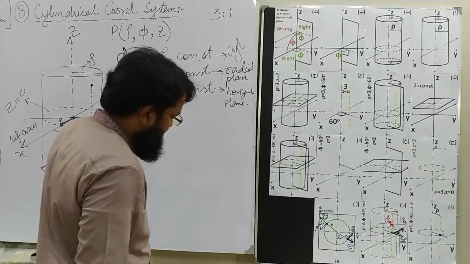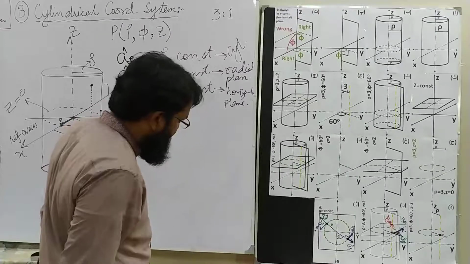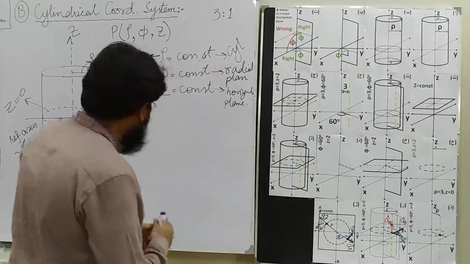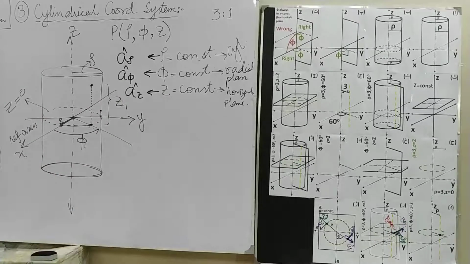All right, so that's it for today. The only topics left now are differential volume, differential surfaces, and differential length, and then the vector components and the position vector in the case of the cylindrical coordinate system. We will probably take the next half class discussing that, and then inshallah we'll start with the spherical coordinate system, and this whole week will take up the